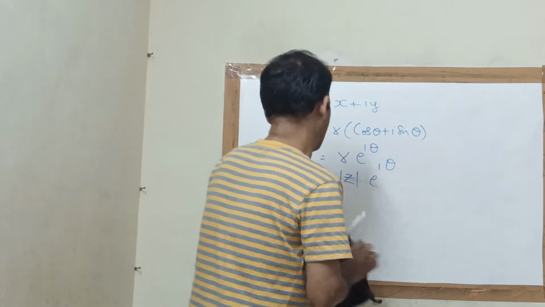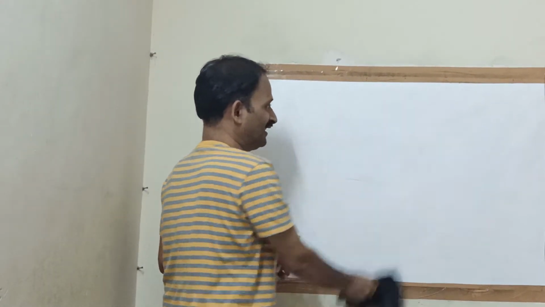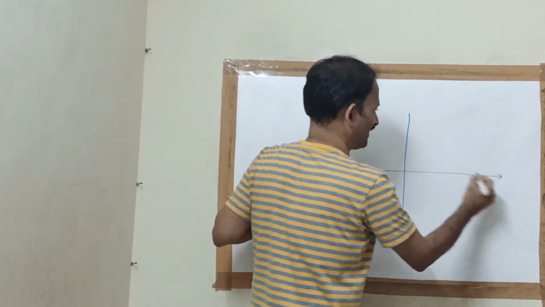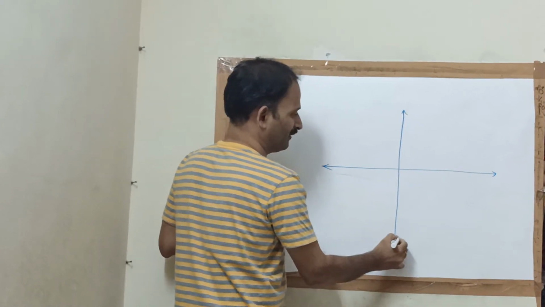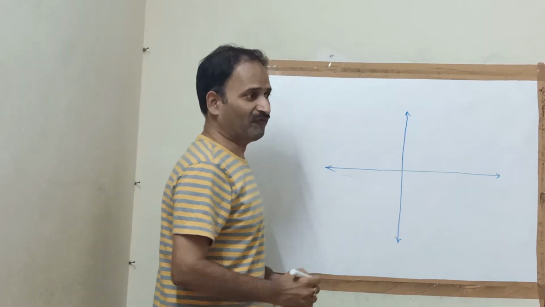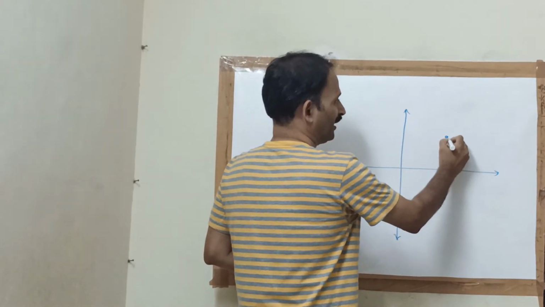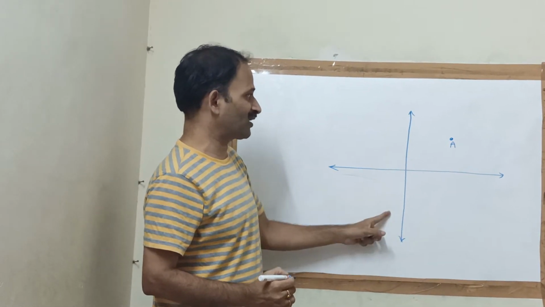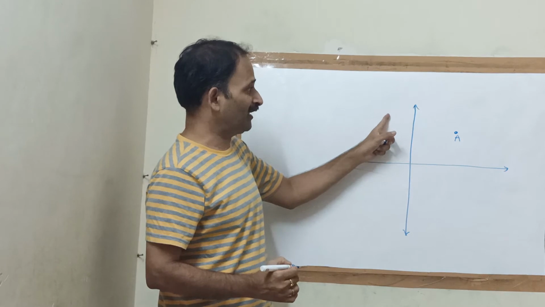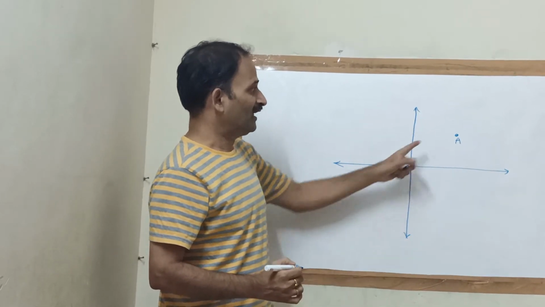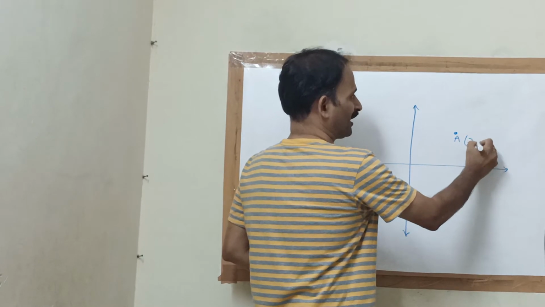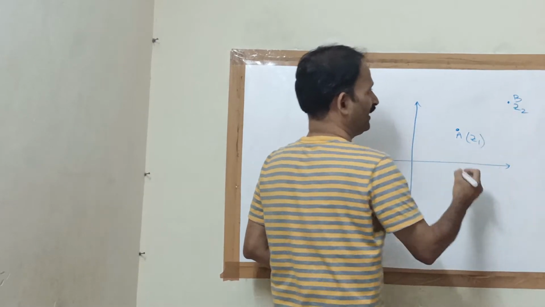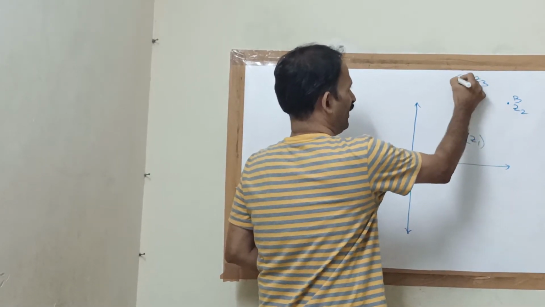Now based on this, let z1, z2, z3 be three complex numbers. Here z1 is the affix of the point A. If we represent a complex number on the plane, then that plane is called complex plane or Argand plane or Gaussian plane. Here z1 is the affix of the complex number A, z2 is the affix of the complex number B and z3 is the affix of the point C.